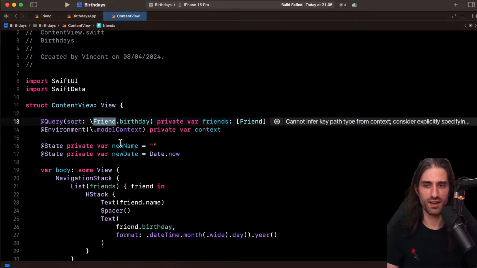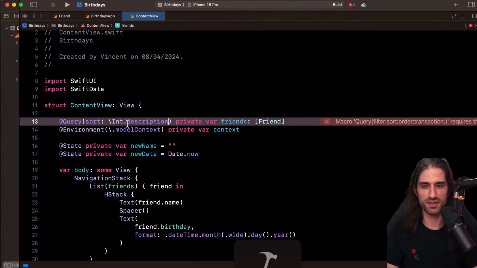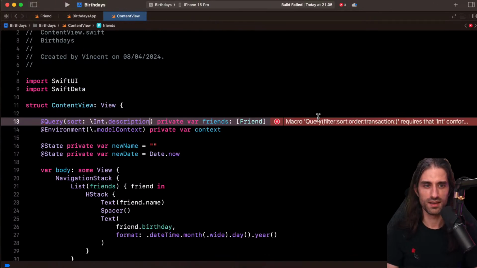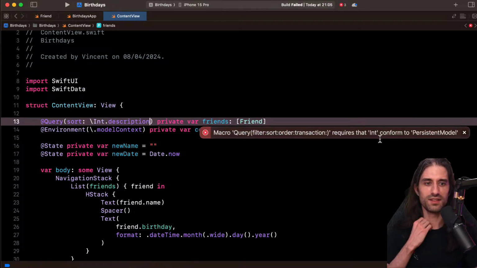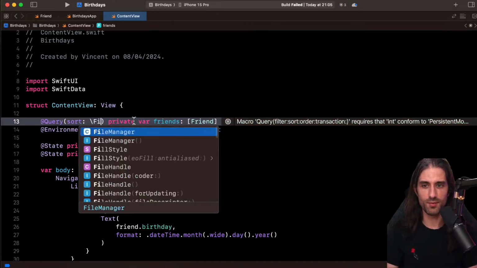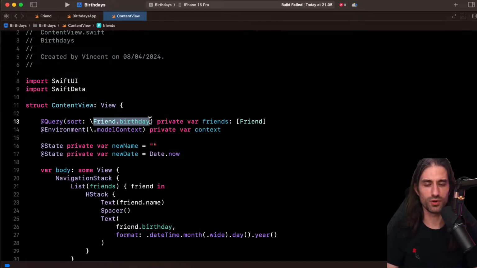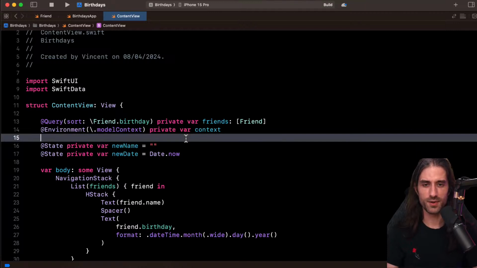What if I had put something else, like Int.description, for instance? Yeah, it says it requires that Int conforms to PersistentModel, so it's able to catch you, but I'm wondering what would happen if you put some invalid data right here, so that might be something to watch out for.